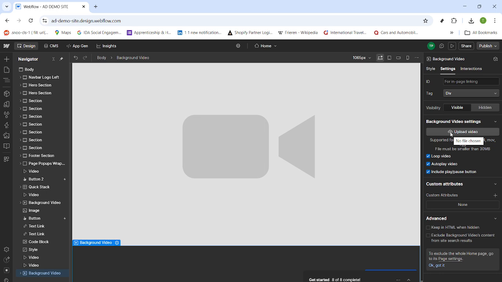Give the page a quick test after publishing to confirm playback, and you're done. You've successfully added video to your Webflow site, whether by embedding a hosted link or uploading a background video for that cinematic